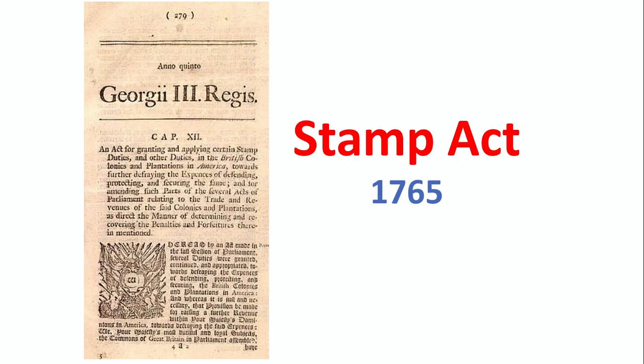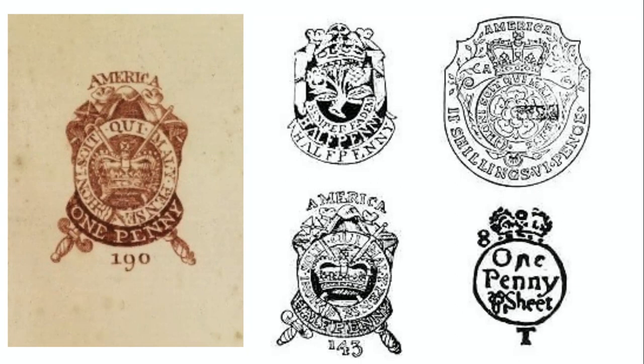I'm sorry, to show that the tax was paid. This is the first time colonists are directly taxed. And while people over in England did pay taxes, people in the colonies had not paid taxes directly. There had been tariffs, which are taxes on imports and things like that, but this was the first real direct tax. Even the Sugar Act, which we had talked about previously, that was a tax, but it was more of a tariff than something they have to pay out of their own pockets.